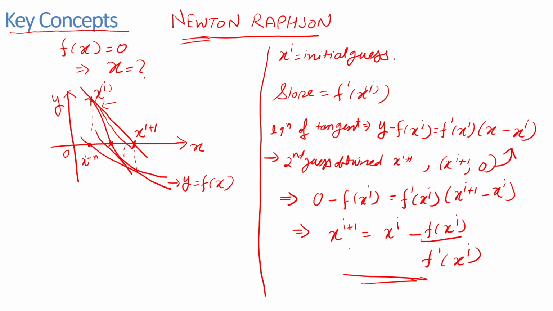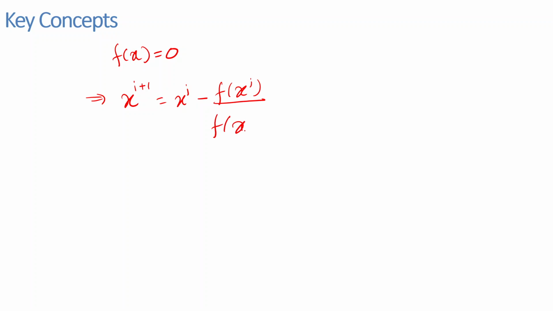At the ith iteration. So what we looked at was, given an equation f of x equal to 0, to find the roots of the equation I will be using xi plus 1 is equal to xi minus f of xi upon f dash of xi. So we will keep on iterating